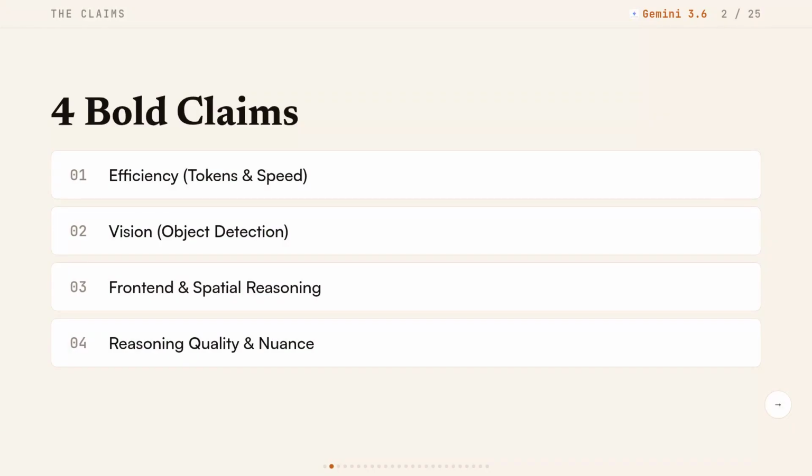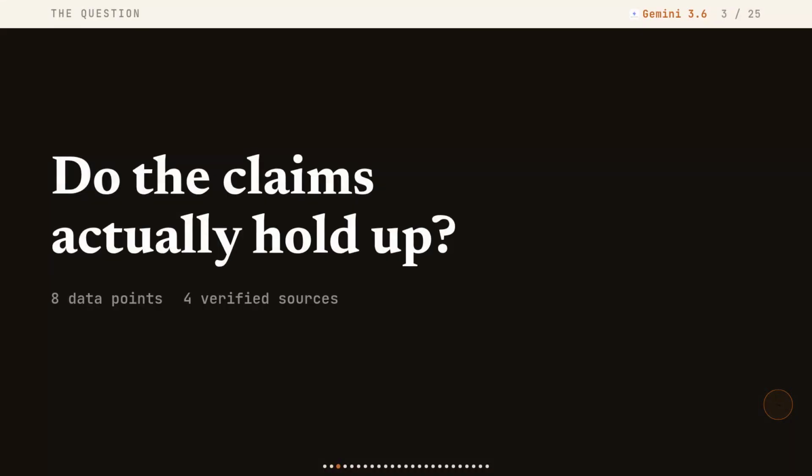But some of the other claims Google is making, developers are already punching holes in them, and the vision regression alone is enough to break production pipelines. So in the next few minutes, you're going to know exactly where Gemini 3.6 actually delivers, where it quietly steps backward from the previous version, and which tasks you should never route through it. Because if you're building on this model right now without knowing this, you're going to run into problems you didn't